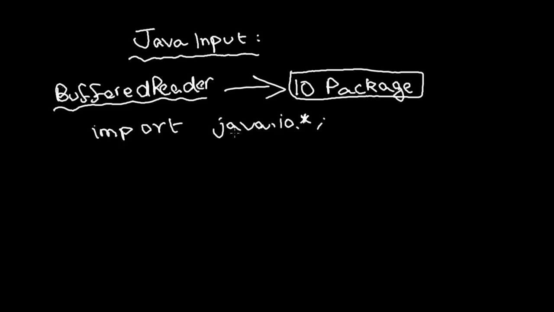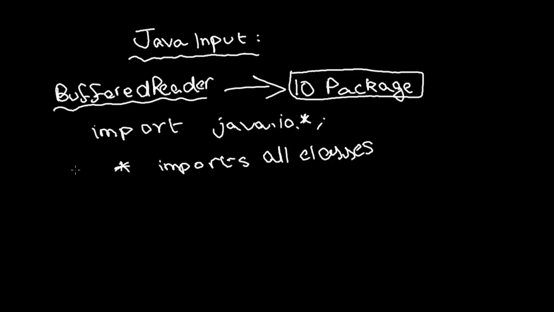You just write Java here because, well, all the packages are predefined in Java. I actually don't know why you write Java there, but that's sort of the convention. So in Java, and there's the IO package, and this star imports all the classes. There must be more classes in the IO package. It's not written just for one class. So star just imports all the classes of the IO package. So that's the import statement. Then you write your class definition.